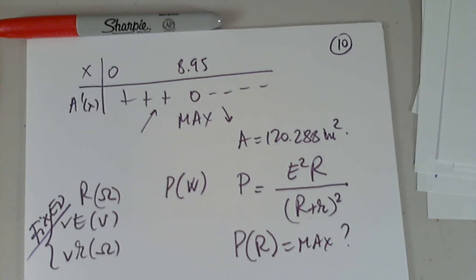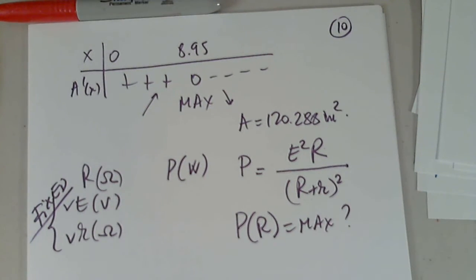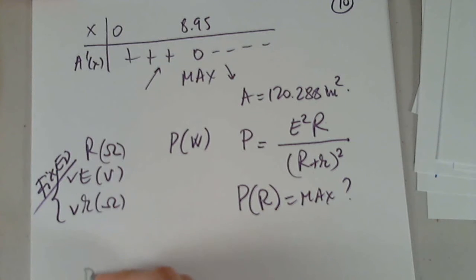R that gives a maximum power. In this particular setup, I don't have to determine the function. I don't have to think in those terms because I already have the function. All I have to do is find its derivative. So then P prime of R equals